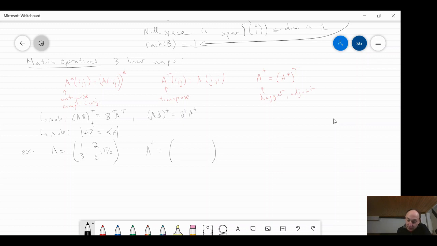So let's first swap the places of the off-diagonal elements. So there goes the 3 and the 2. And now let's take complex conjugates of all the entries. 3 and 2 are real, so there's nothing to do. Same with 1. And now this one, I'm going to put a minus, because that's what it meant in polar form to take the complex conjugate. Okay, so those are 3 linear maps which are super useful. Maybe I'll label this as 1, and now let me label this thing as 2. What is this thing?